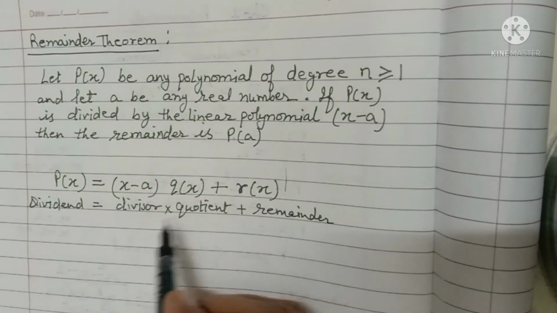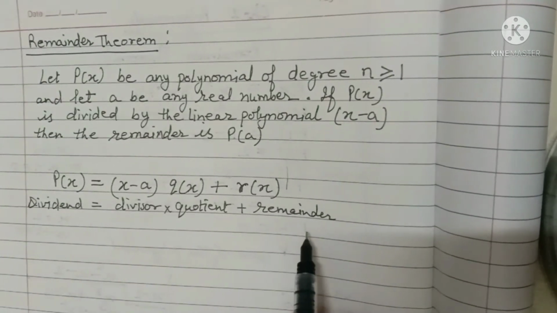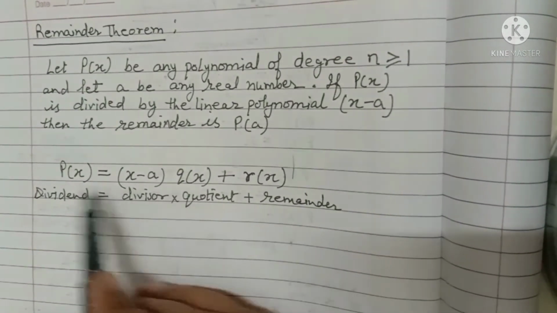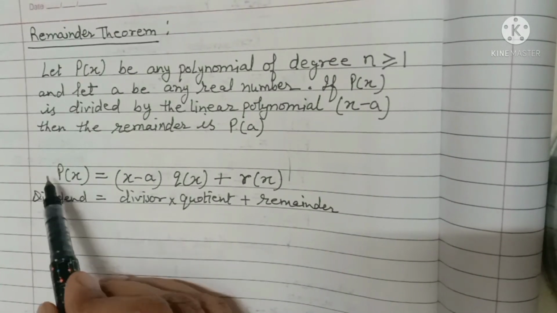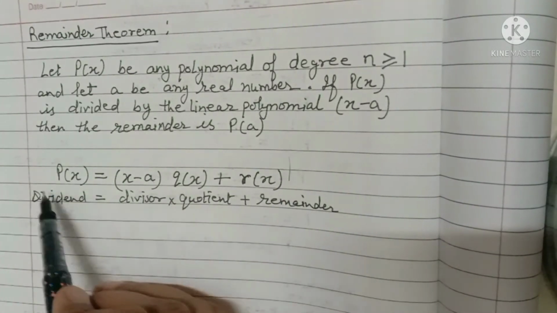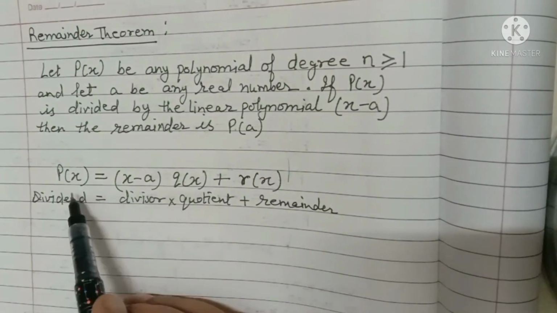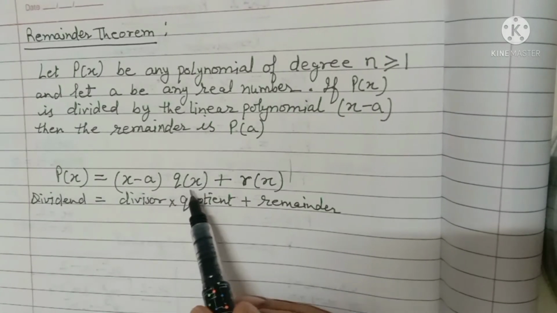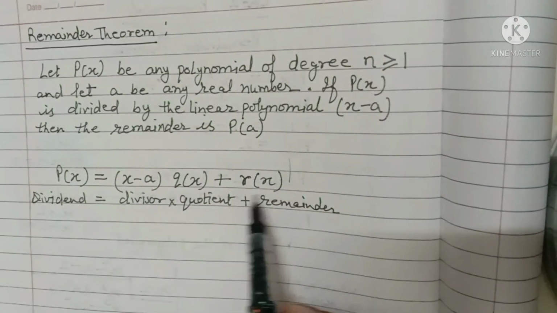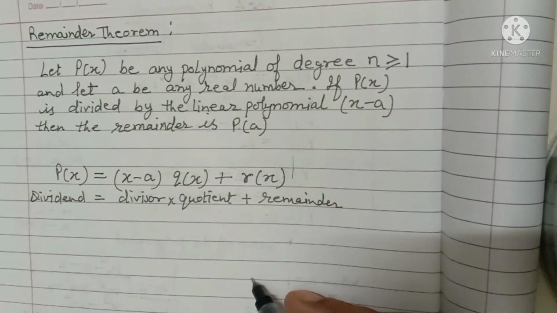This is a basic thing, but I have noted it here because all the students should know why we have put this equation. This is the polynomial when divided by the linear polynomial. This is the quotient and this is the remainder. Now